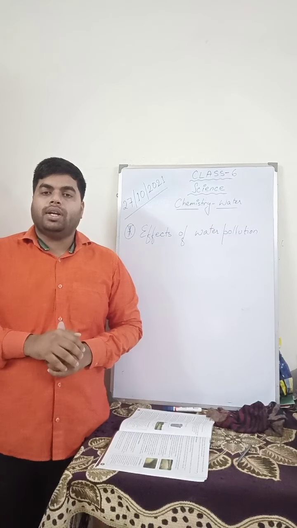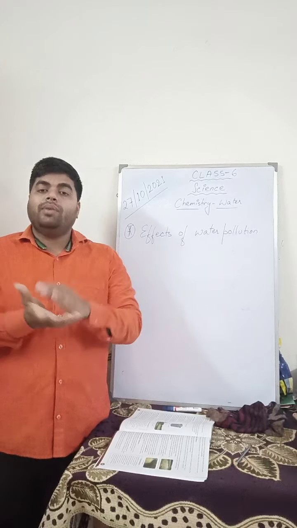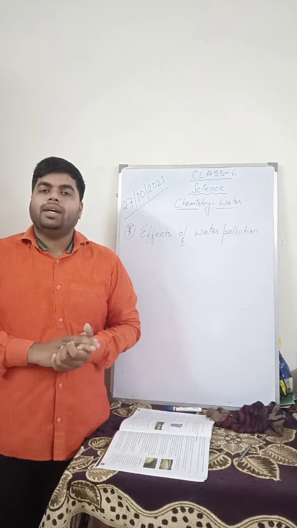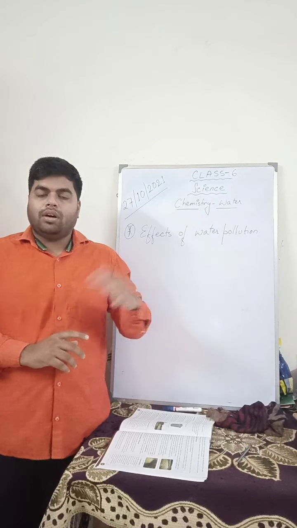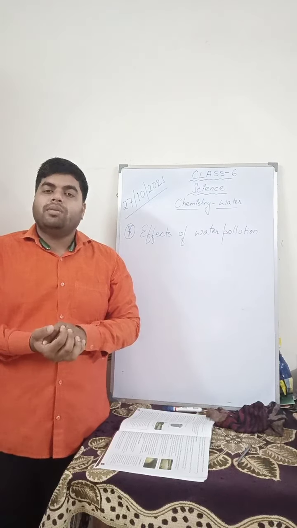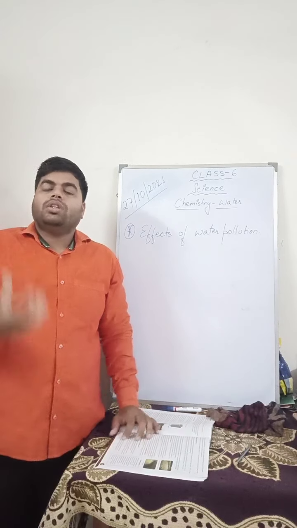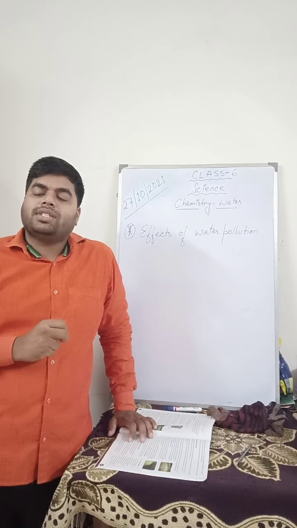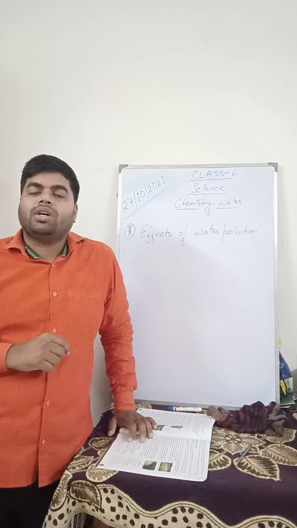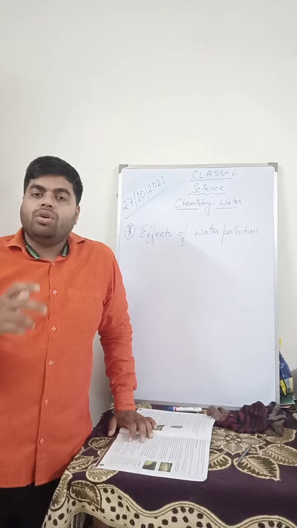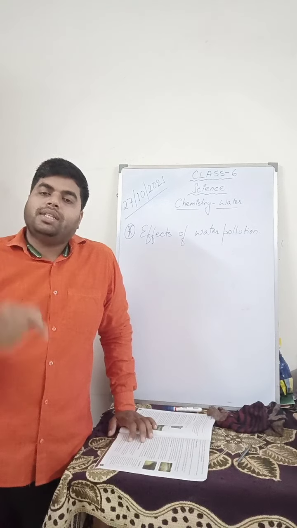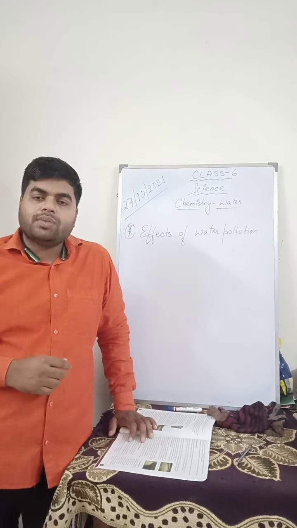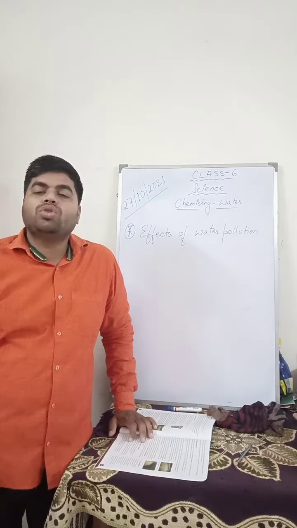This is why the level of oxygen in the water starts decreasing day by day, because the oxygen outside cannot get mixed in as the water is covered with algae. When it decreases, it starts affecting the aquatic plants and animals. When there is less oxygen in the water, these plants and animals start dying because they don't get enough oxygen. This is known as eutrophication.